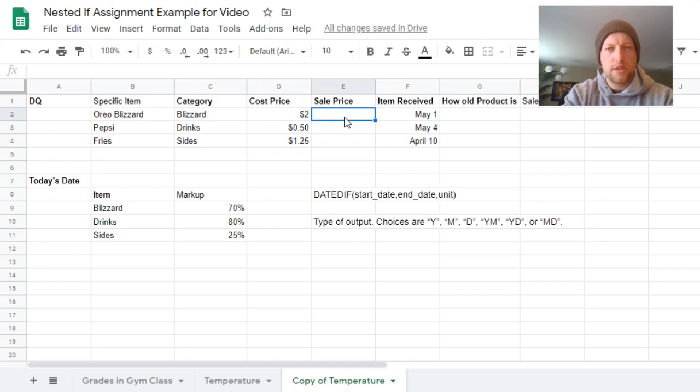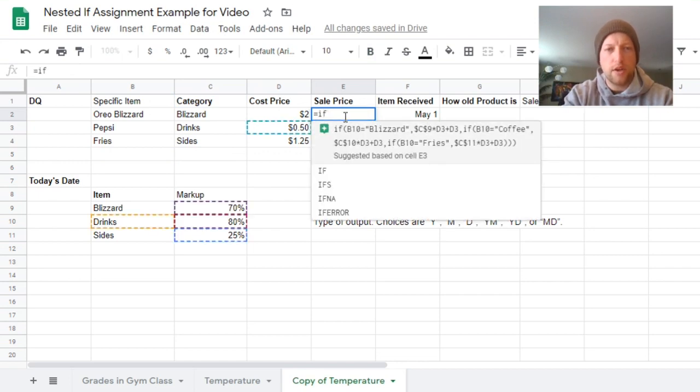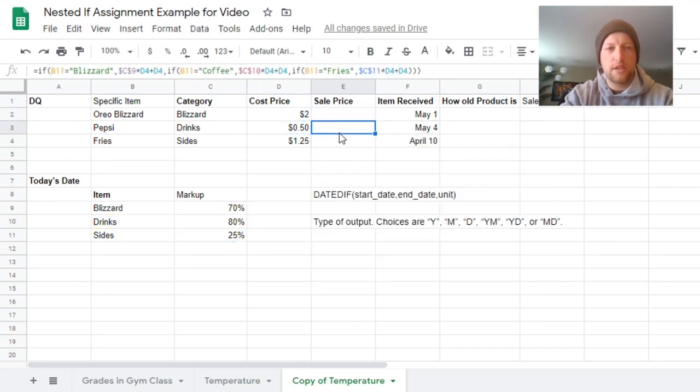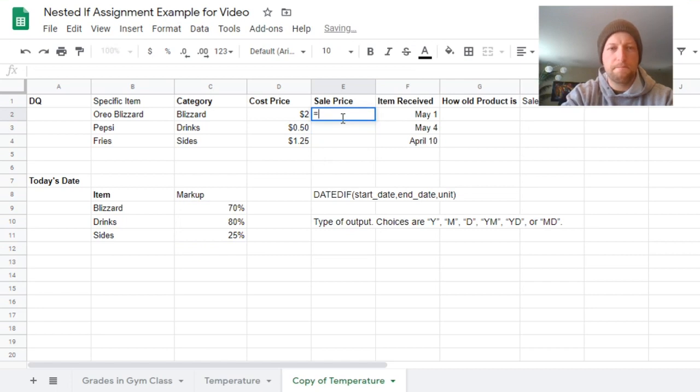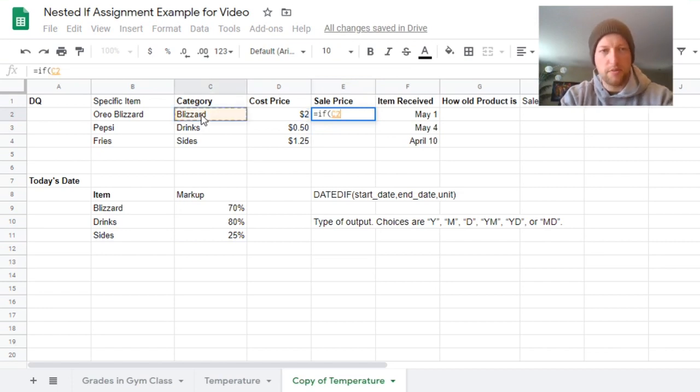All right, sale price. What is our sale price going to look like? So again, we're going to start with our if statement here. I'm curious as to why it's doing that. Okay. So if it's the Blizzard category, for example, and we're going to say, well, what's our sale price going to be? Well, the sale price is a 70% markup on this $2 here. So if the category ends up being Blizzard, what's going to happen? And so we're going to have to say, well, if C2 equals Blizzard,